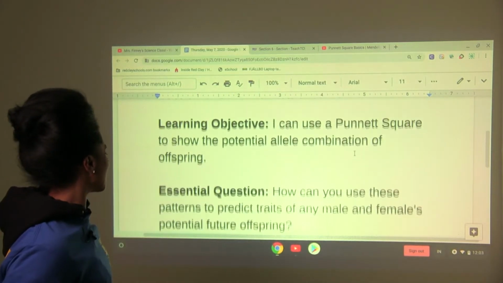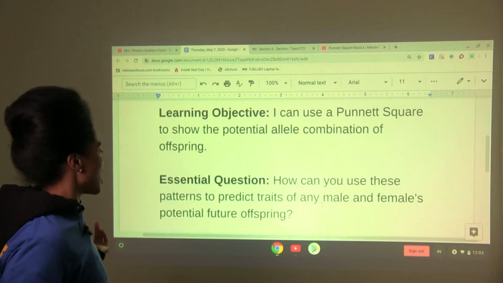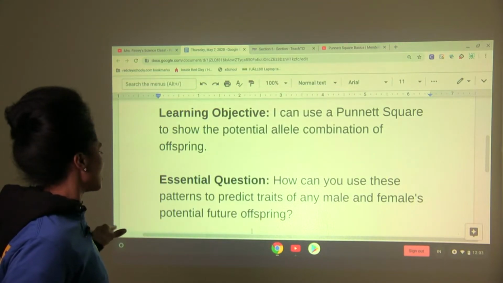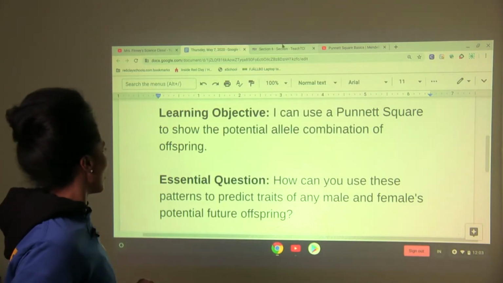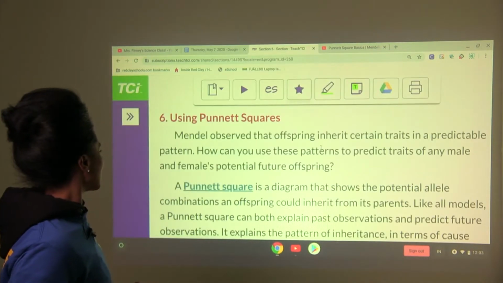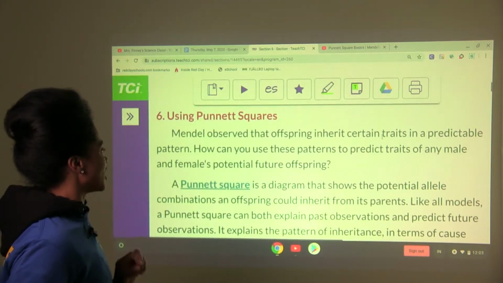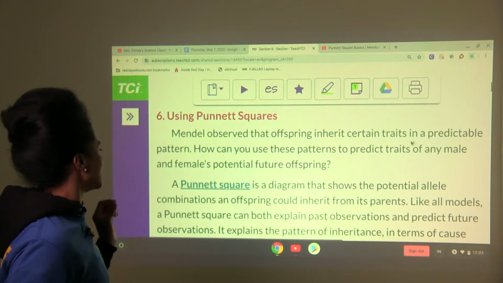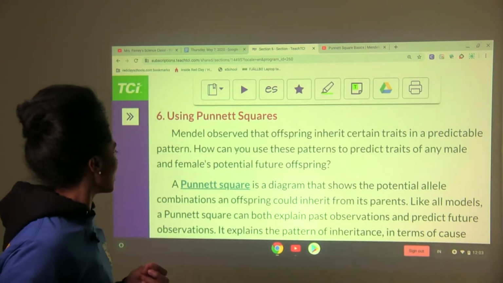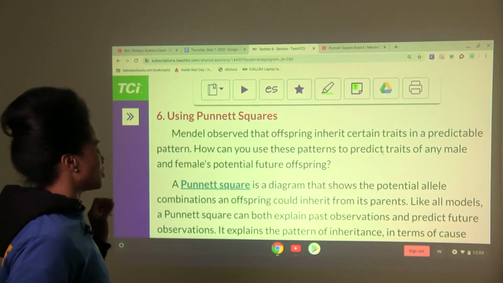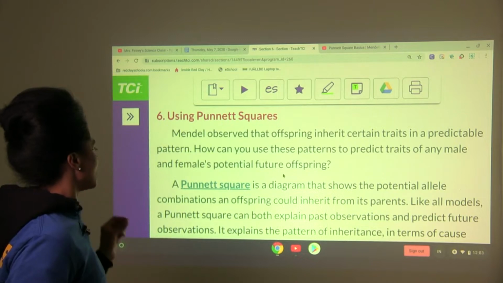Okay, so our essential question: how can you use these patterns to predict traits of any male and female's potential future offspring? Wow, how cool is that? So let's take a look here. Mendel observed that offspring inherited certain traits in a predictable pattern. And so the question for today: how can you use these patterns to predict traits of any male and female's